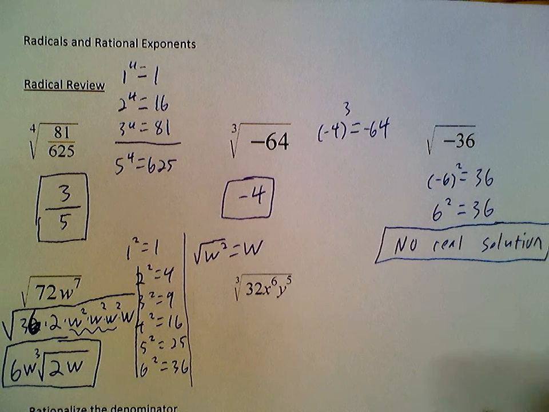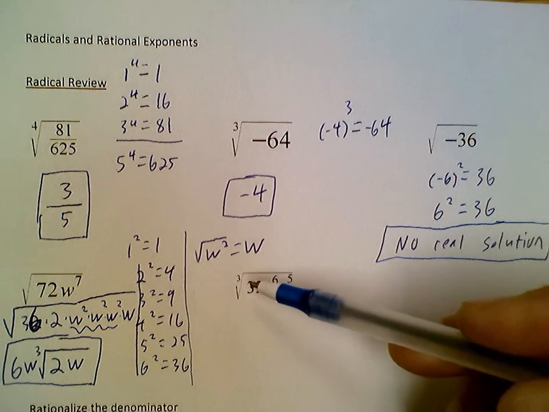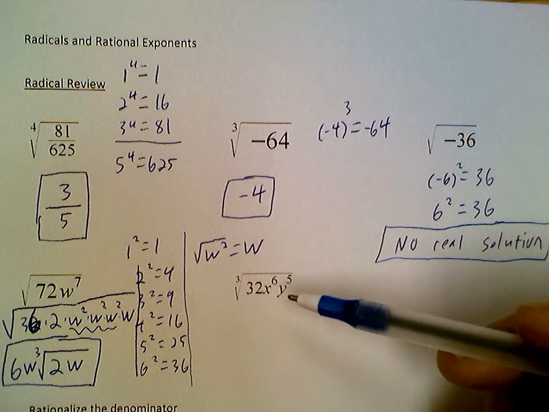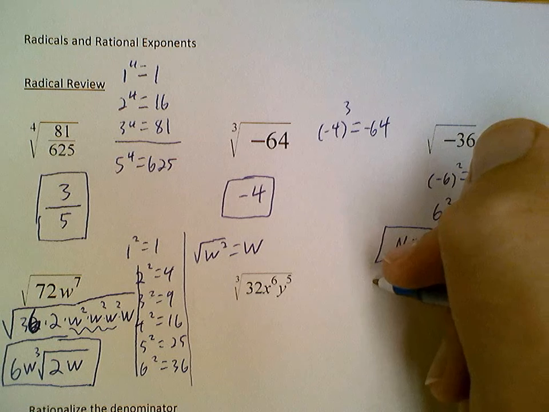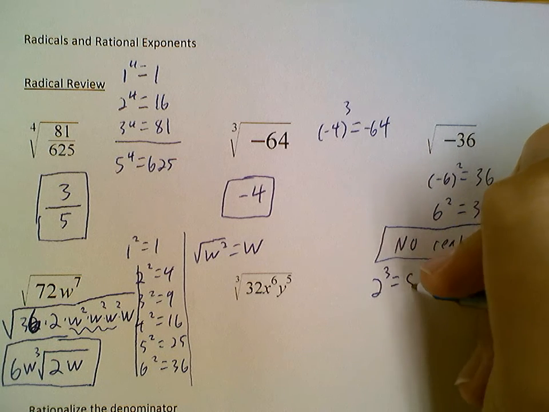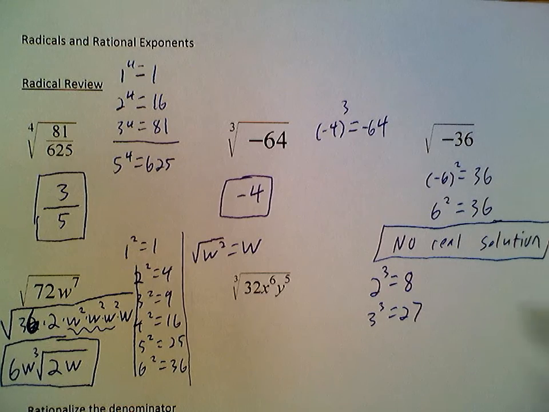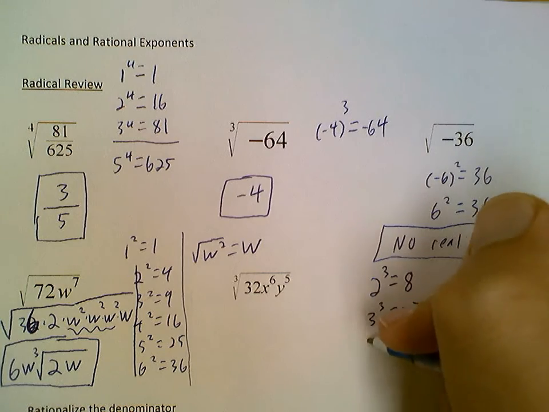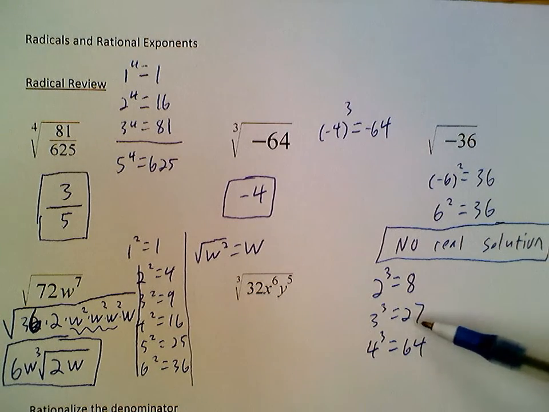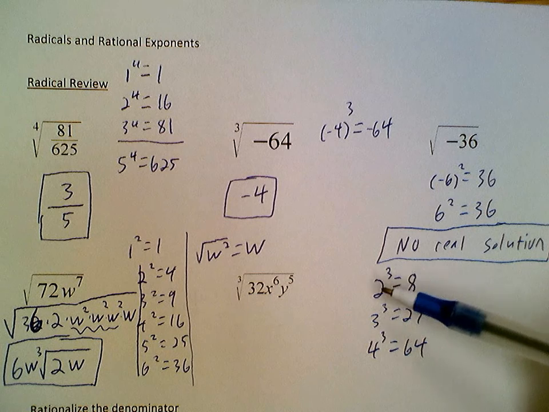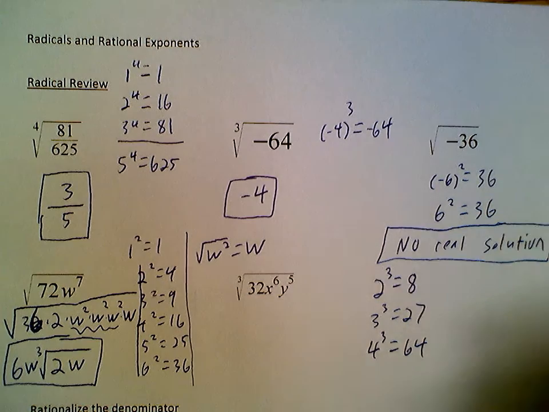Alright, so let's look over here. I got the cube root of 32 x to the 6th y to the 5th. So cube root, I'm looking for perfect cubes to take out of here. So let's look at the 32 first. What are some perfect cubes? Well, 2 cubed is 8. 3 cubed is 27. 4 cubed would be 64, but obviously I don't have to go that far because 64 can't go into 32, much like 27 can't go into 32. In fact, 2 cubed is the biggest perfect cube that goes into 32,